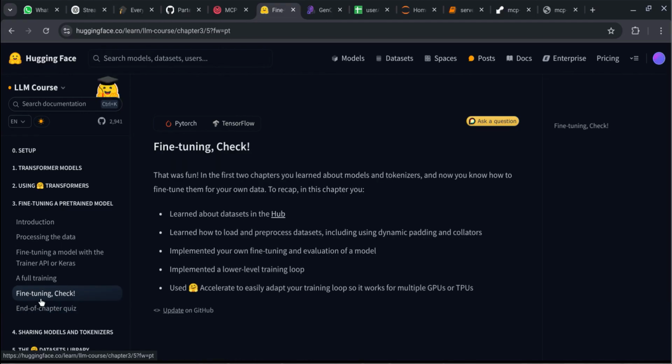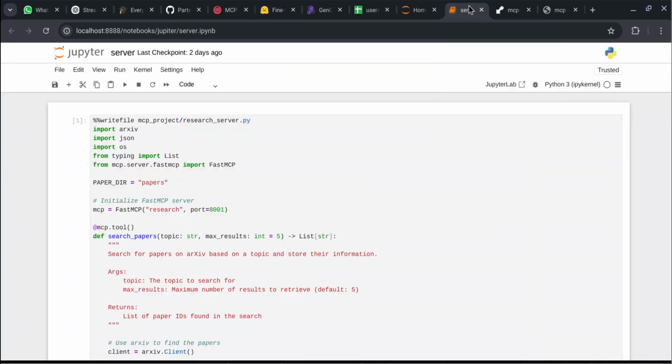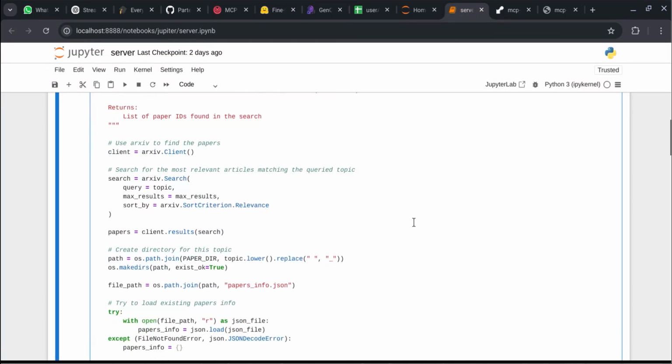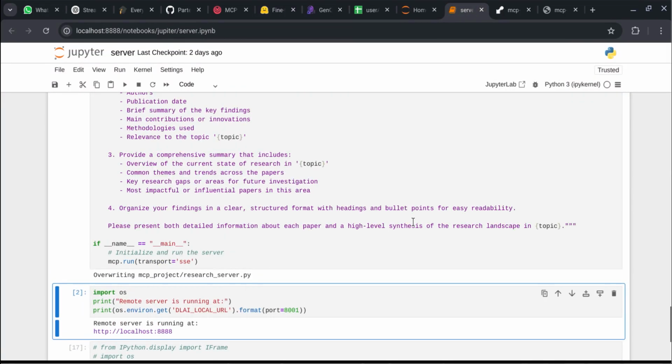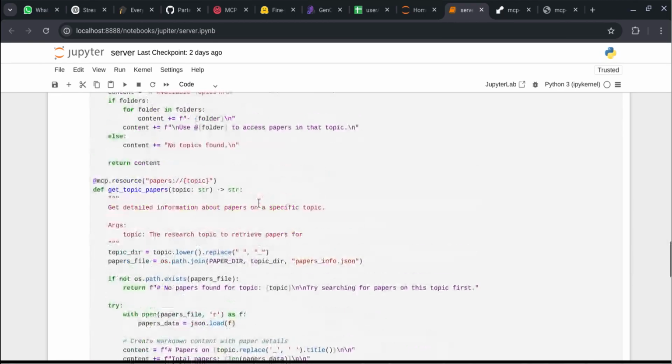And according to me, I am confident that I can use pre-trained Hugging Face models in our day-to-day tasks, and I can also make some changes in the modules according to our use case. And let's try to update our server. So what I will do, I will update this with SSE,